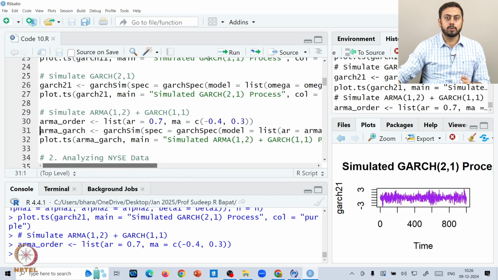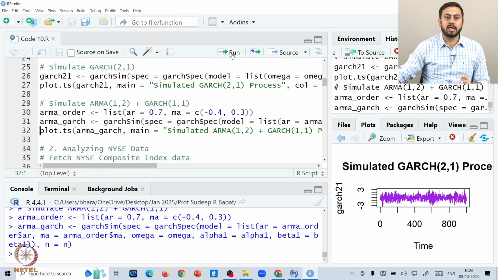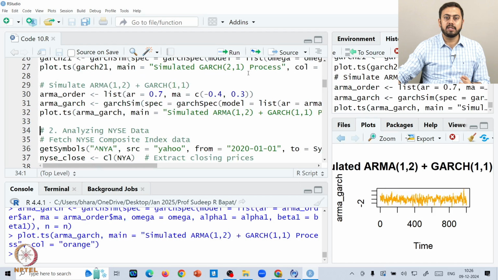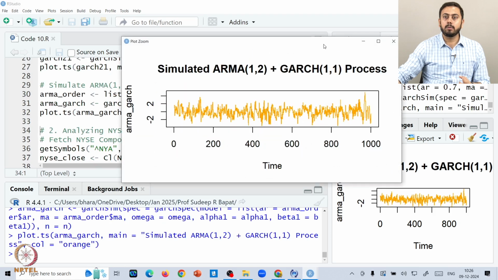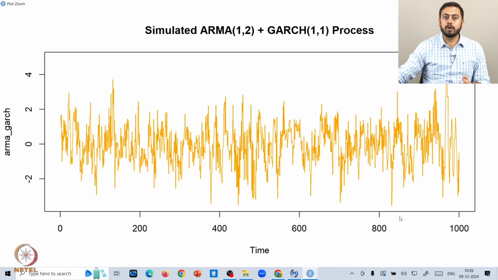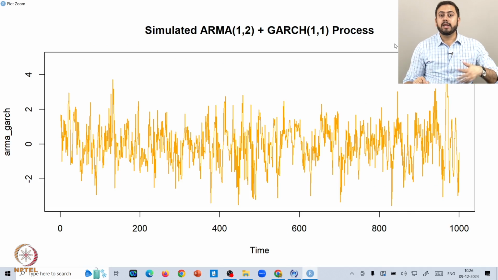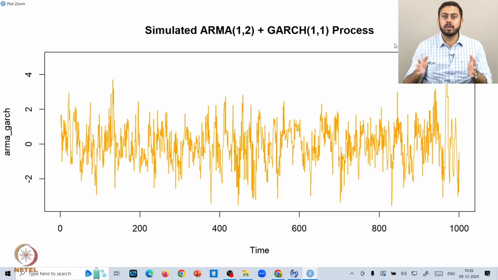Let me run the second level model, which is ARMA GARCH, and then we will see the plot. So this is exactly how the plot of an ARMA 1.2 plus GARCH 1.1 model looks. One small disclaimer is that you might not see huge differences between, let's say, ARCH 1, ARCH 2, GARCH 1.1, and ARMA plus GARCH.